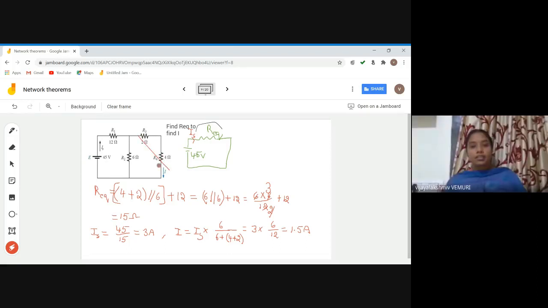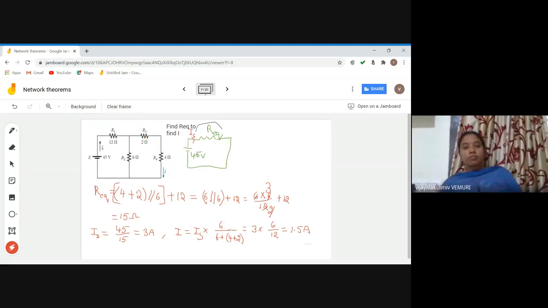I is the current not only flowing through 4, it also flows through 2. If you take the series combination of this, then a resistor comes in parallel with this one, 6 ohms, isn't it? So the parallel branch to both of these is 6 divided by 6 plus 2 plus 4, so you will get 1.5 amps. Okay. So take the ratio of this 45 with 1.5.